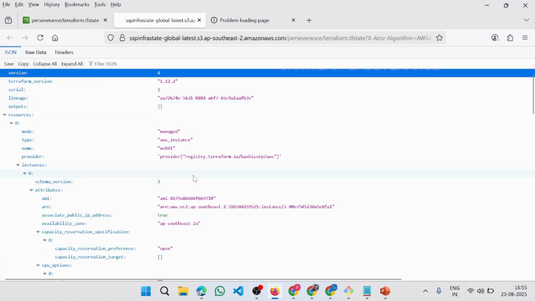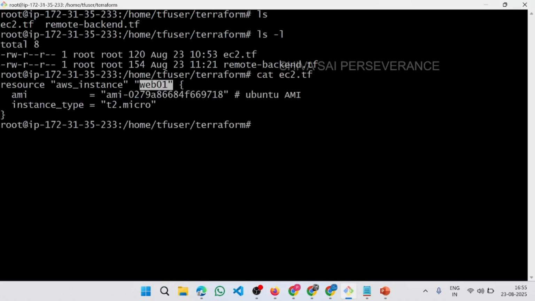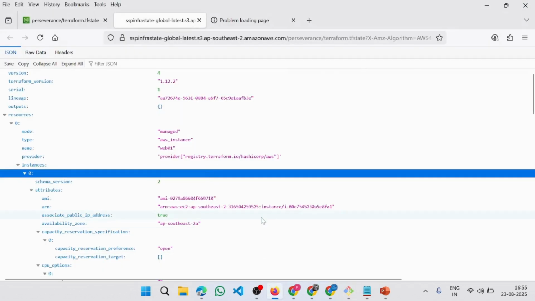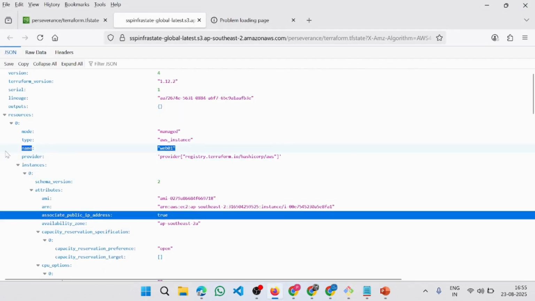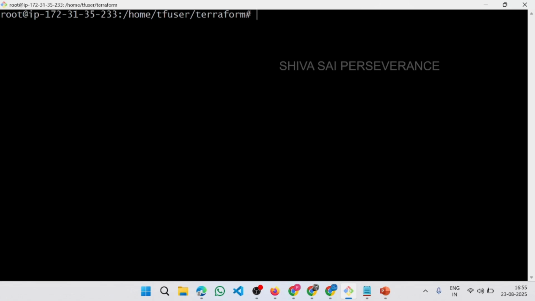state file here. If you go to our server and cat ec2.tf, the local identifier of our AWS EC2 instance is web01. If you see here, it will be web01. This is the local identifier. This is how you configure your remote backend to ensure your state file is secured in a